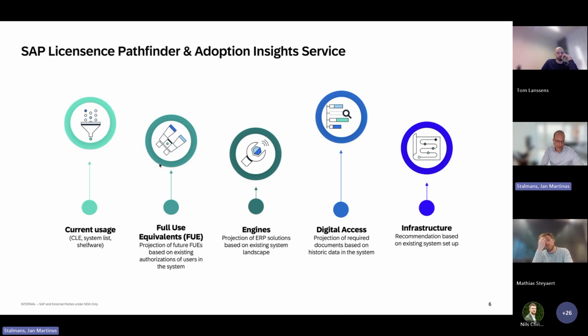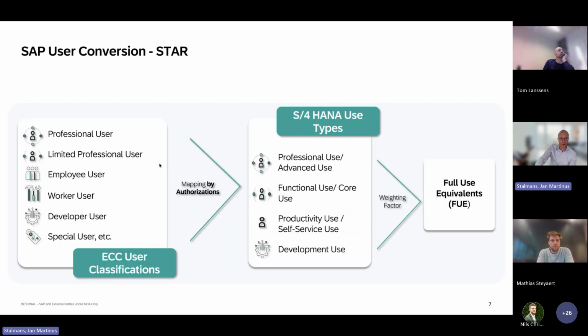That's mainly building like a customer license entitlement to somehow list up what is your entitlement you have today, and we try to fill in then later on how is it consumed and how would it project to the journey you would like to go. And now I'll go deeper into at least 3 of those. So first of all,